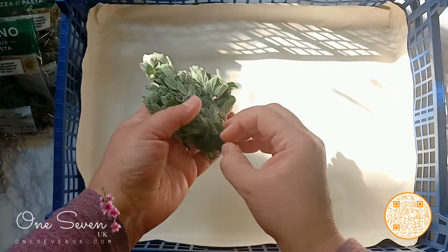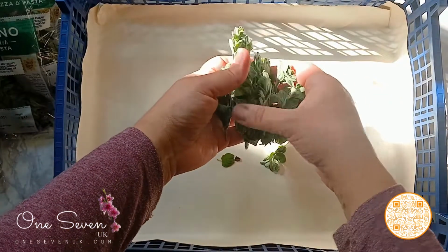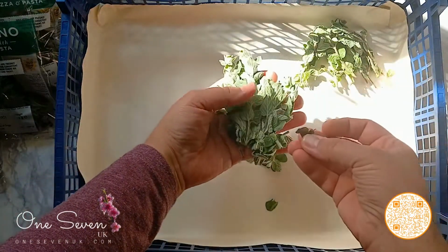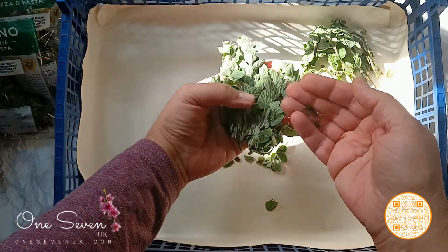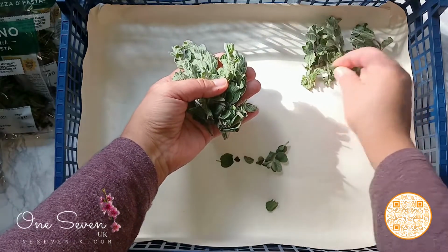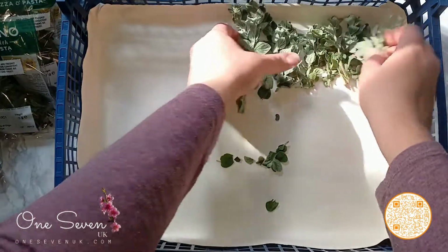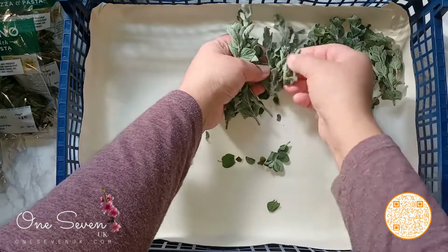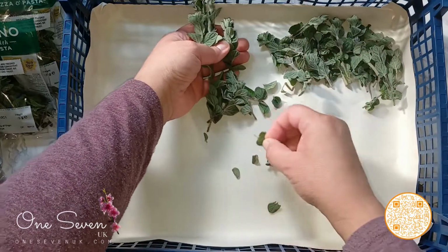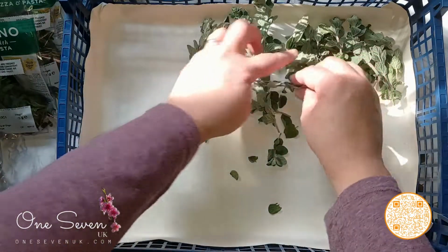In the UK we don't have dry weather, so I decided to spread mine. So I'm removing the little buds and putting them on a tray. Can you see, some of the leaves are already, I don't think they're dry, but they may get a little bit moldy, so I prefer them to be aired rather than squashed in a little bundle. If you live in a nice sunny and dry climate, you can hang them. So I put all of the stems